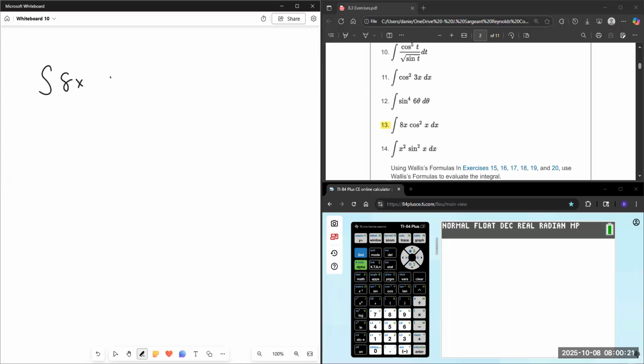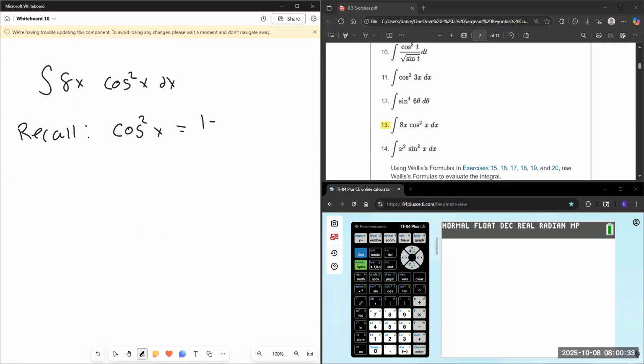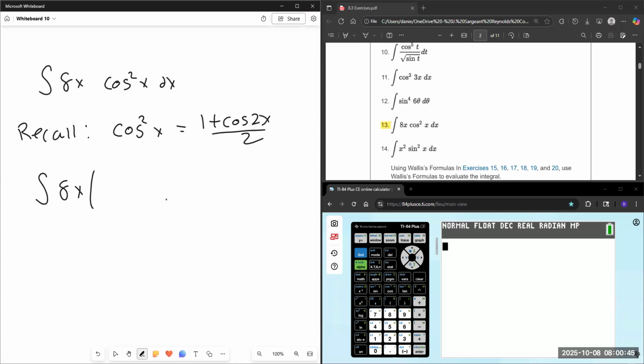Integral 8x cosine squared x dx. Recall your power reducing formula that says cosine squared x is equal to (1 plus cosine of 2x) over 2. So I'm going to rewrite this to get rid of that even power of cosine. 8x times (1 plus cosine 2x) over 2 dx, and this 2 goes into this 8 4 times, and then